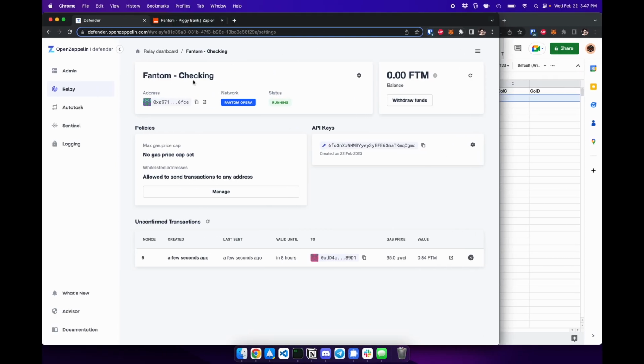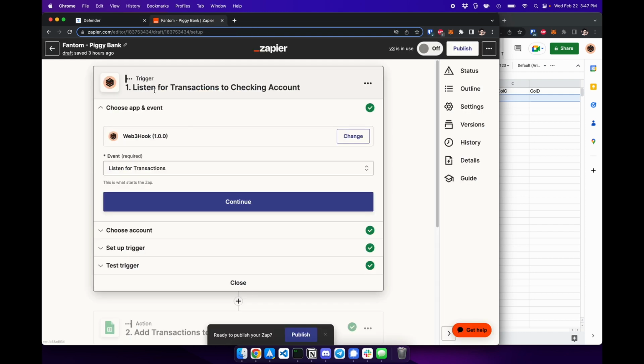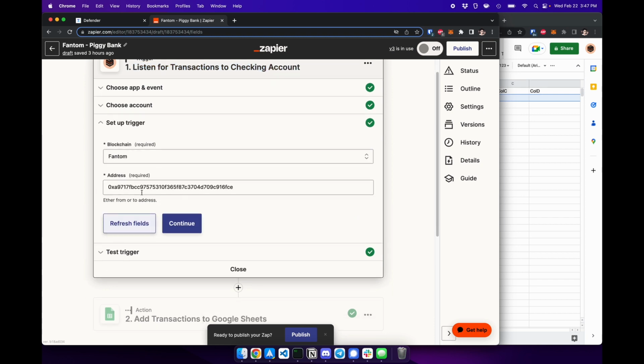So on the left-hand side here is my checking account. I have a MetaMask account, which has my savings account, and I'm going to send some funds into this. But before that, let's look at the logic. The first step is it listens to transactions. So whenever there's a transaction to this address,